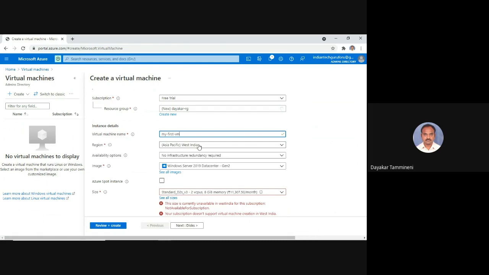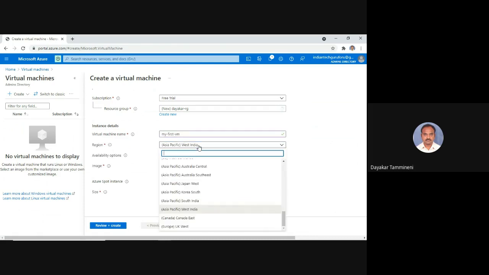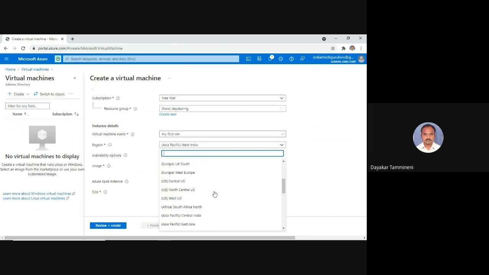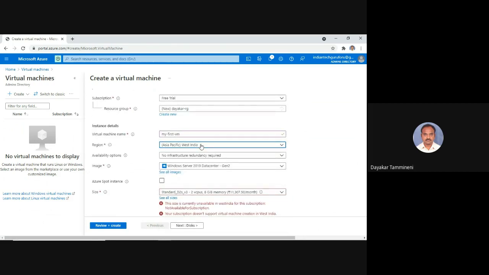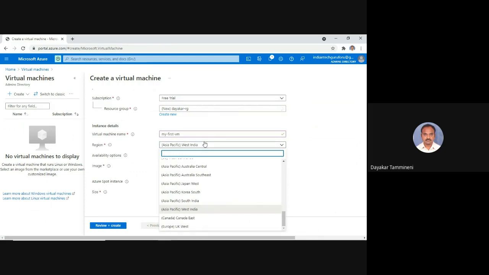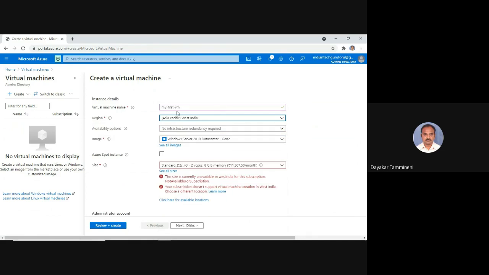I have to select the region. So just click on the region where I should actually create this virtual machine. So now I will show you the concept of availability zone in this selection itself. Okay.